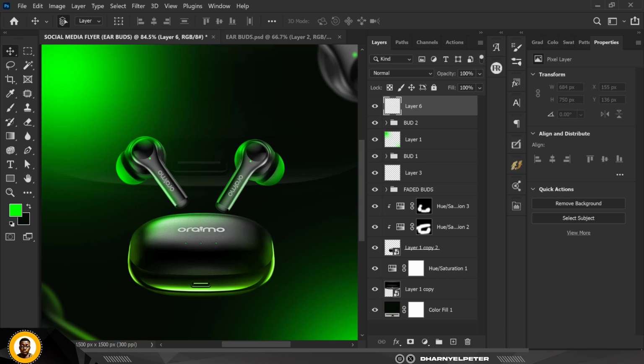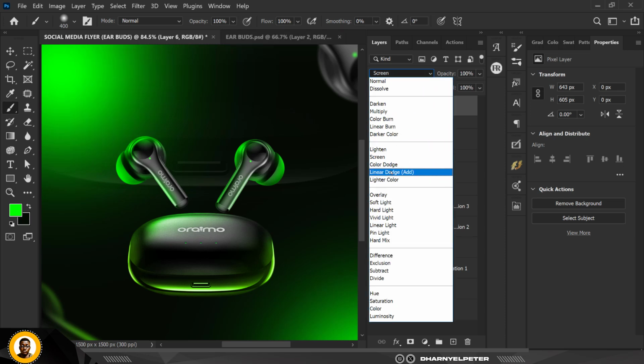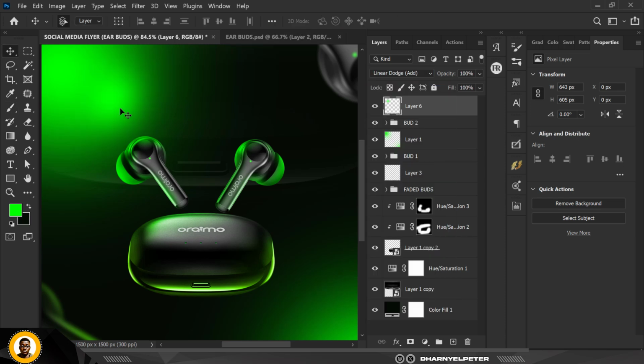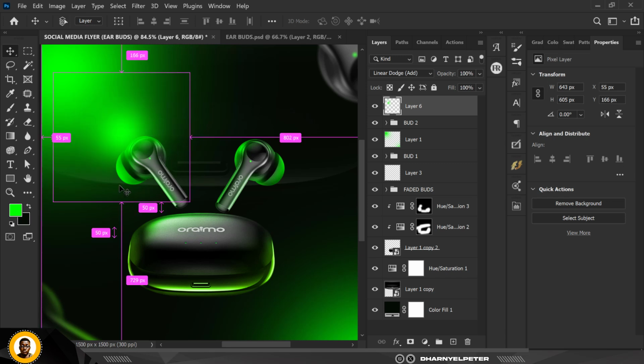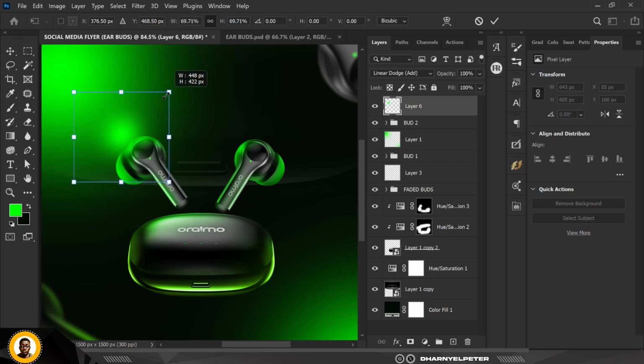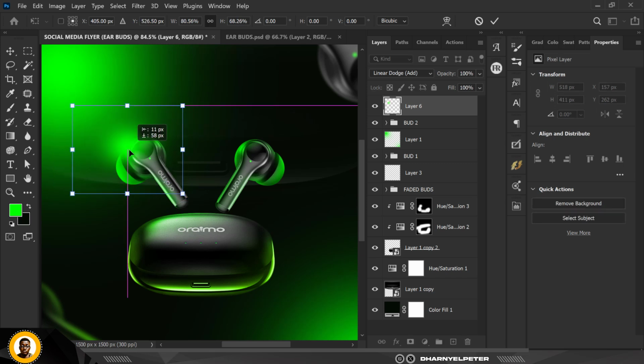And with this new layer that I created, I'm just going to go over to my brush, click once, and make sure your flow is set to 100 and opacity 2. So change blend mode to linear dodge, and I'm just going to use it to add extra lights to places where I need the lights to be. So I'm just going to do this like this, position this one here, and